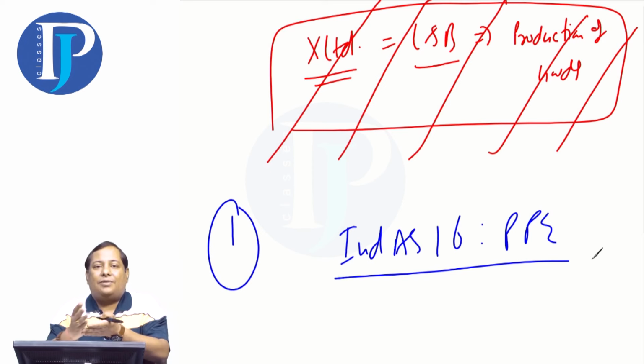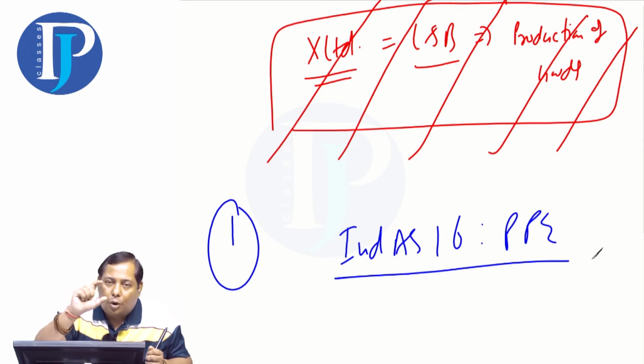This is where I have opened my office, where my staff is, where I record, and have a store for my books. Okay. So all the things which I use in my profession and all the things which I use in my business, they are all my PPE. So how can it be an investment property? And there is a famous term used for this. This is called an owner-occupied property. Owner means that the property is occupied and used by the owner itself. Nobody else owns it.